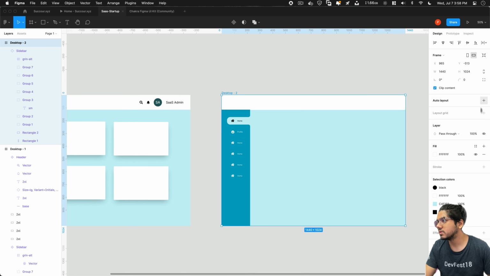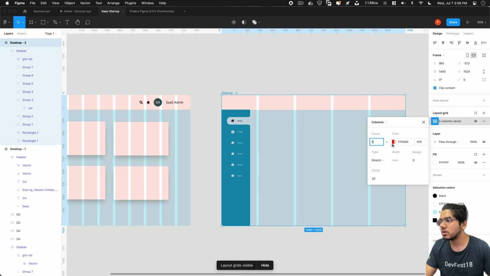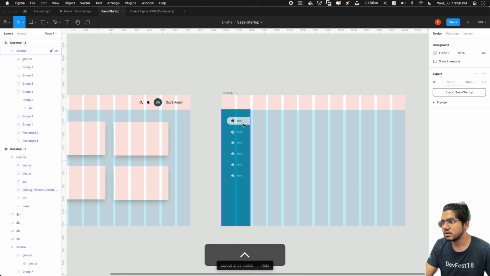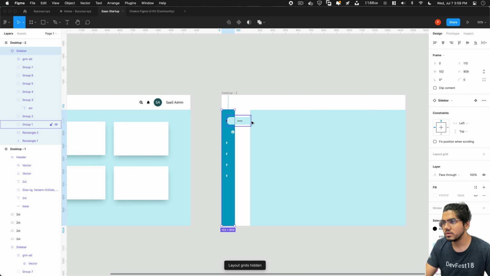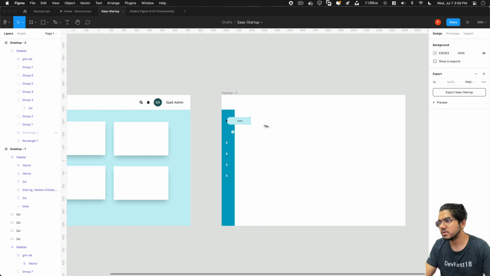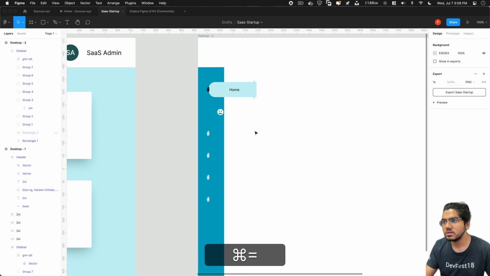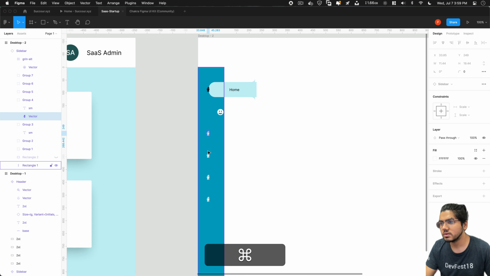Okay, so we have to enable the grid here also. You can see those grids. So let's name it column and make it 12. So we got the grid. Now we want it to be one grid. Yeah, so we are pretty much done with this. We'll copy it later on. So now we'll zoom in. We'll remove those icons also right now. We'll take it later on.